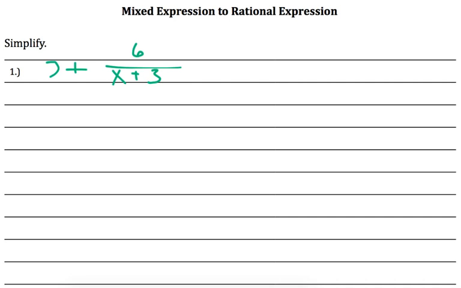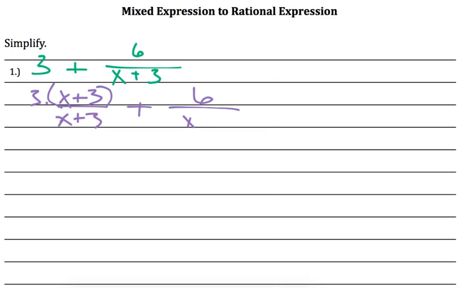Now, what makes this different from the last section of notes is that we need to put these together, and I know that this could be 3 over 1, but I need them to have the same denominator. So it's like I have an expression that's just a value, and then I have a rational expression, so I'm putting together two separate things. So over here I'm going to write 3 times x plus 3 over x plus 3. Throw some parentheses around there. There's so many different ways you could write this if it really matters to you. Plus 6